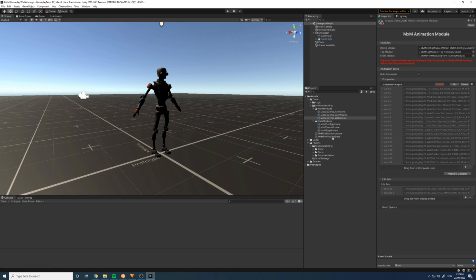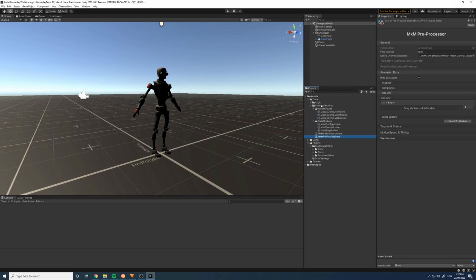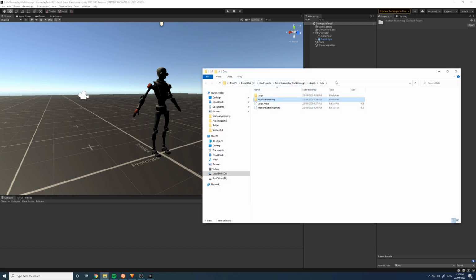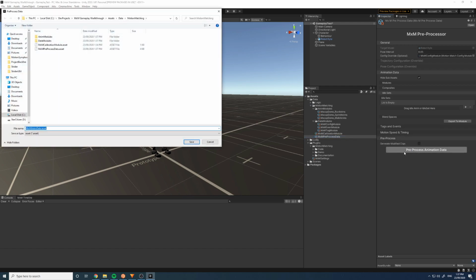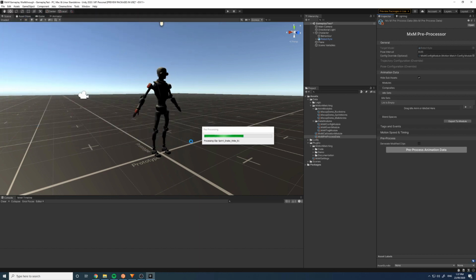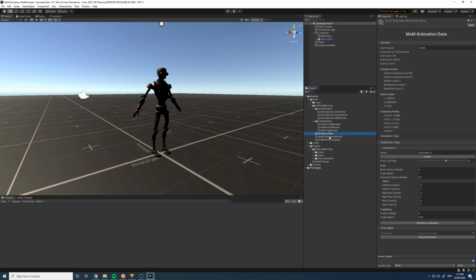All right, so we'll go to our preprocessed data. Let's just get the file path for this folder that we're going to use, because we'll need to tell it where. I'm going to click preprocess animation data, and we'll go to this folder under motion matching. Let's create our MXM data asset. I recommend you actually name these something specific. It's not very good to have a whole bunch of the same name. Often when I see people's projects, they've got an MXM anim data of their own, and if you do a search,